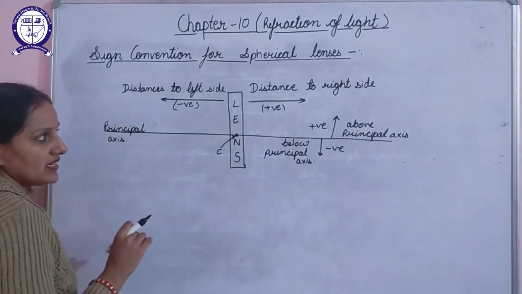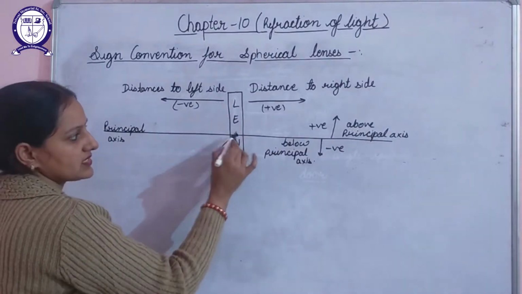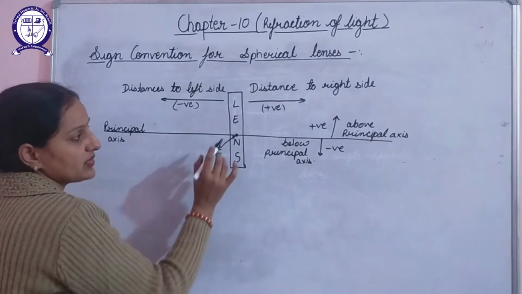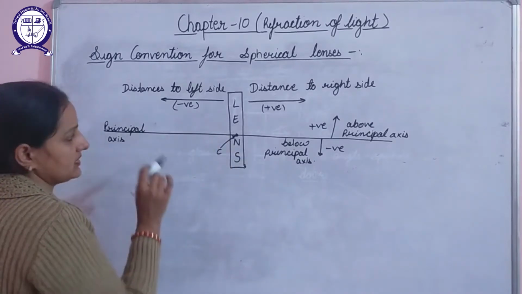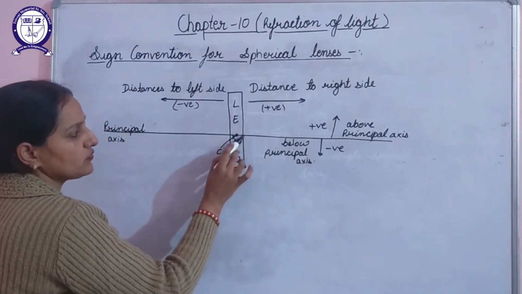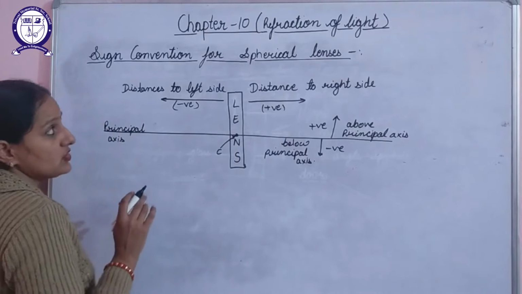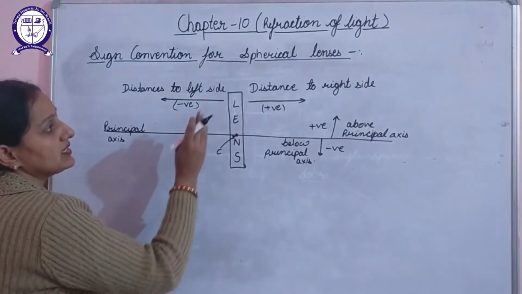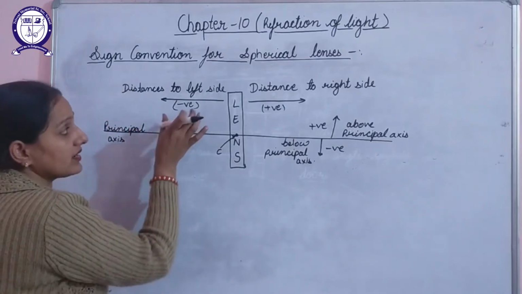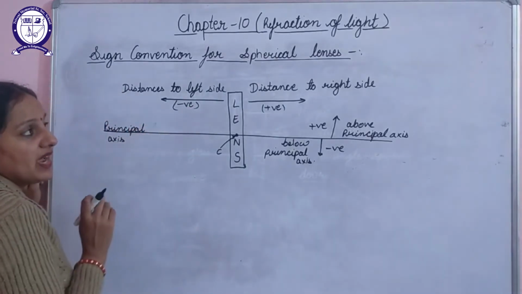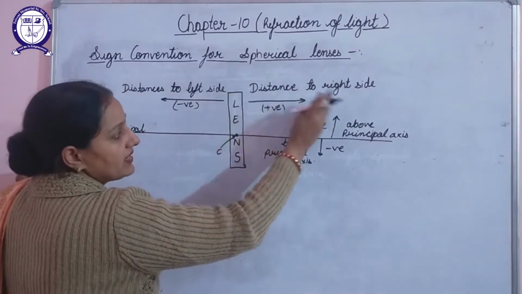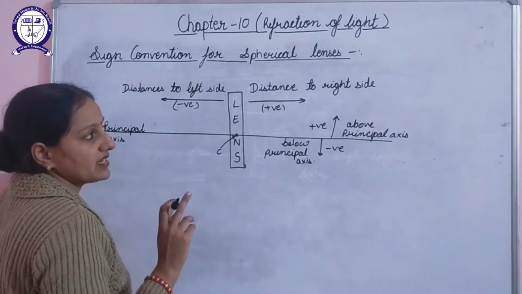According to sign convention, if this is our lens, this is the optical center. We know that distances are always measured from the optical center. And this straight line passing through the optical center, which is perpendicular to these two faces, is the principal axis. According to sign convention, distances measured towards the left side of the lens are considered negative, and the distances measured in the right direction of the lens will be taken as